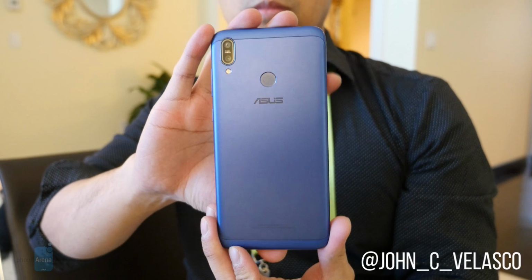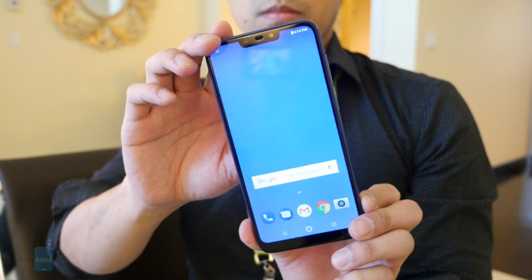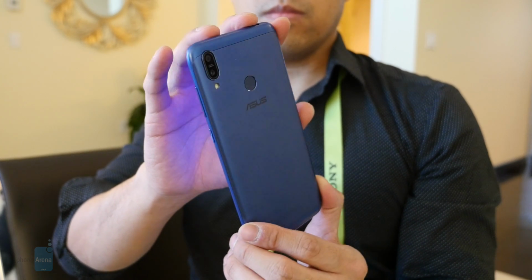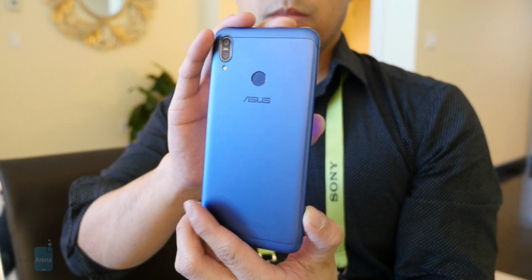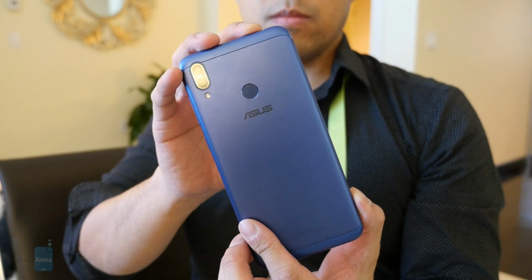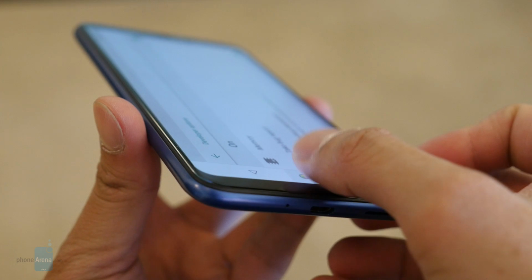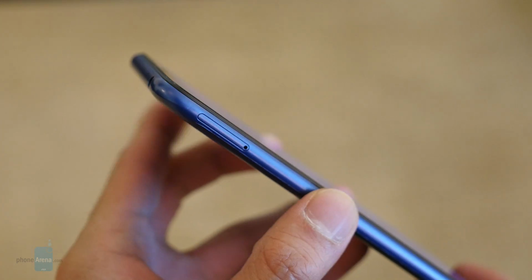Asus has traditionally been a strong showing for mobile during CES, but not so much this year. That's understandable given how other manufacturers were reluctant to show off anything particularly exciting. However, we did manage to get our hands on one of its latest budget smartphones, the Asus Zenfone Max M2. Now, due to the phone's crazy low cost of about $140, the Asus Zenfone Max M2 is being targeted